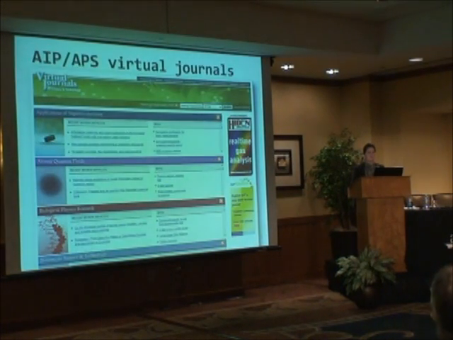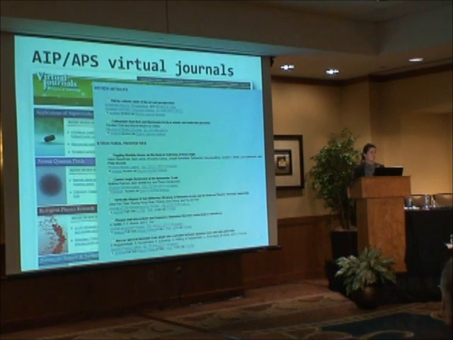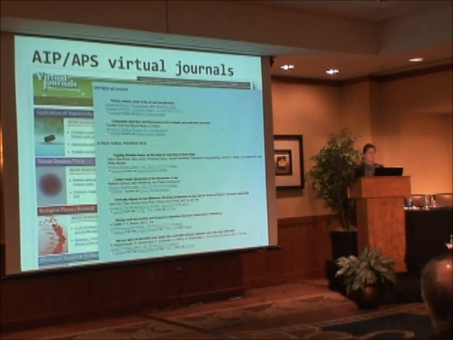One of my favorite examples of virtual journals is American Institute of Physics citation platform. They have journals that are not available in print, but that are available virtually, and they collect articles from across not only AIP journals, but also some of their partners who publish on the citation platform. I really think they have the right idea here. What users want, this is the nanoscale science virtual journal. It functions very much like a real journal. It has a table of contents, it has RSS feeds.